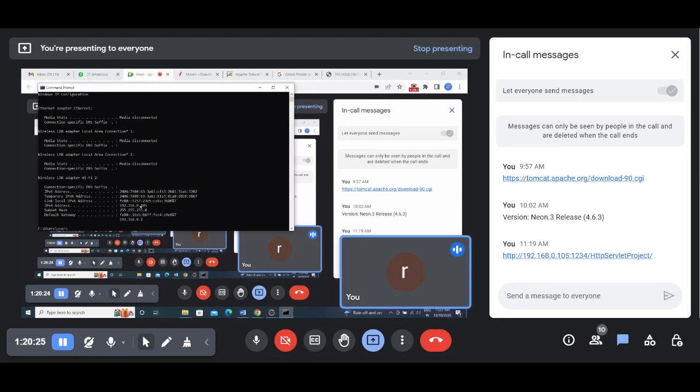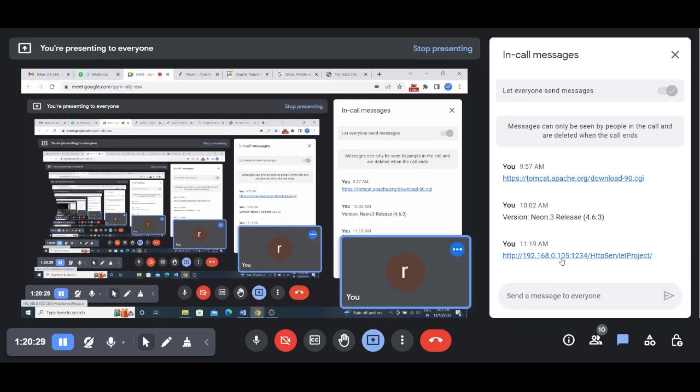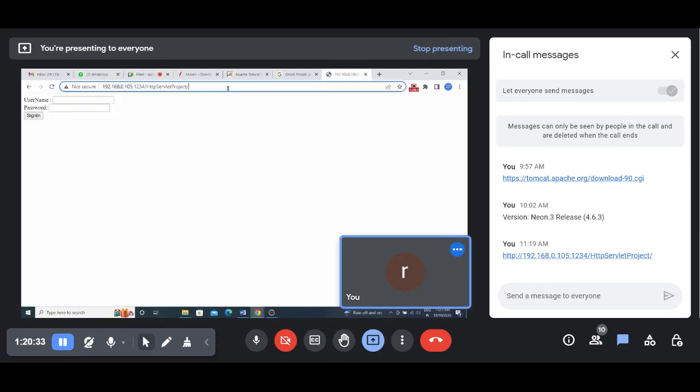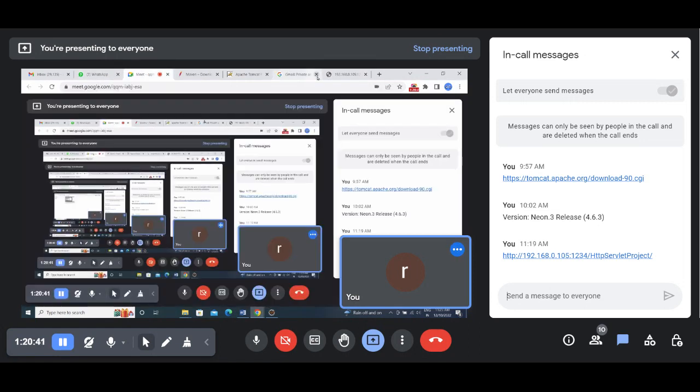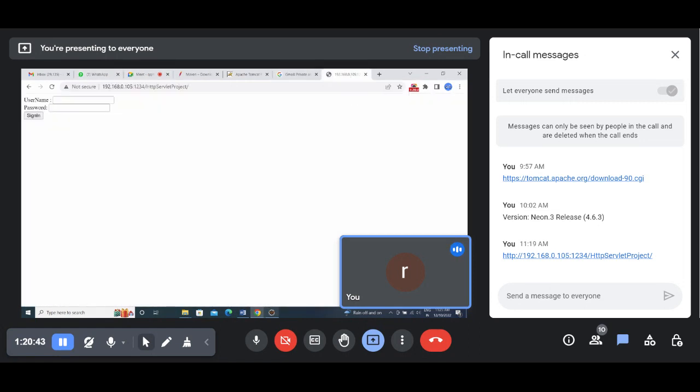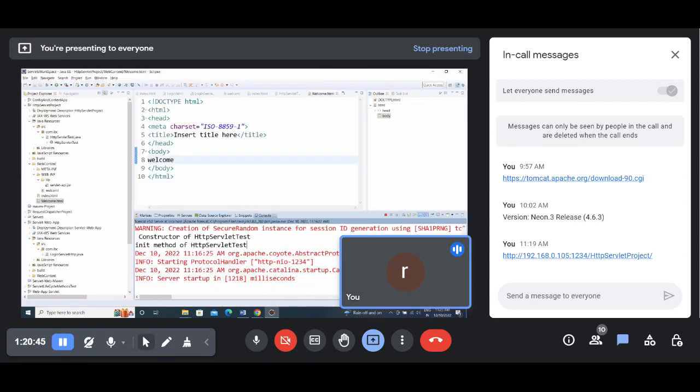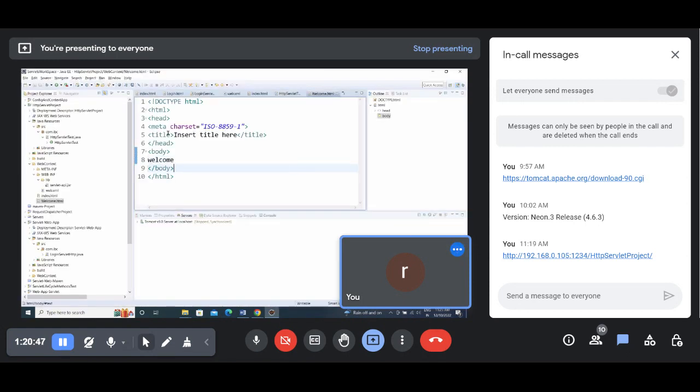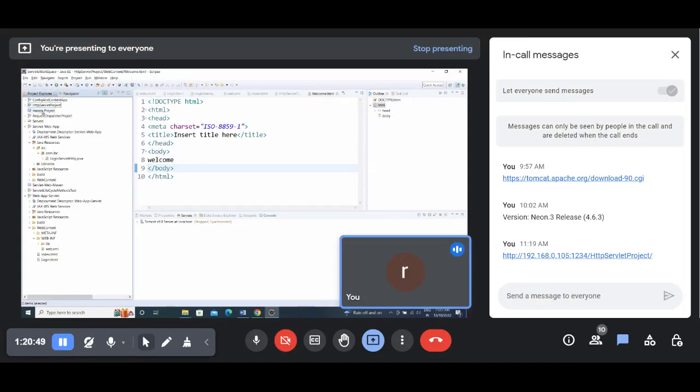It should accept, guys. I don't know why it is causing some issue. This morning I tested it. Not secure. Maybe it is because of sharing. Let me stop it and start another project in other